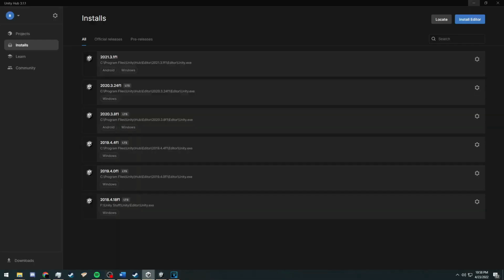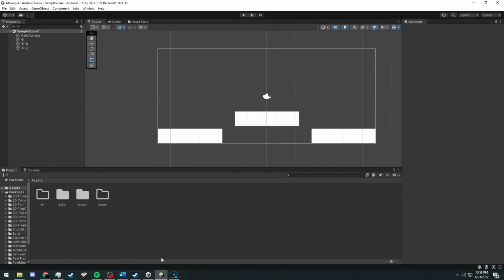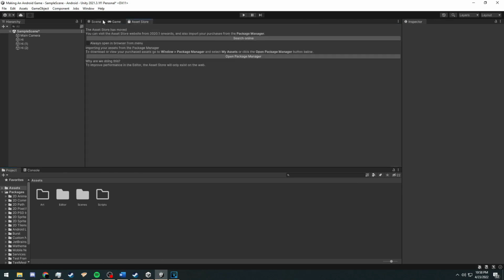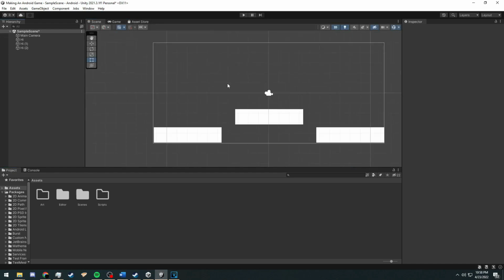Hi everyone, my name is Braden, and today we're going to be going over session number 2. In this session, we're going to be going over basic UI design and the asset store and essentially how to use it. So the first thing we're going to do is take a look at our